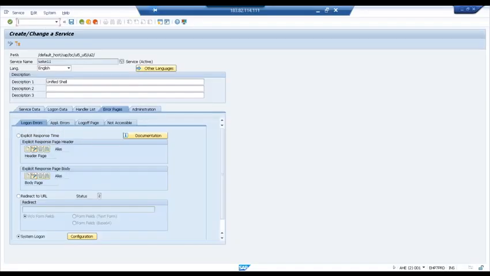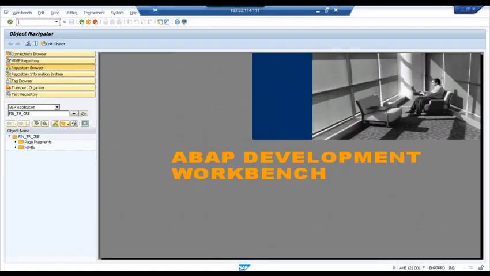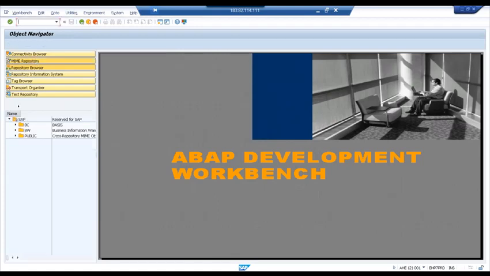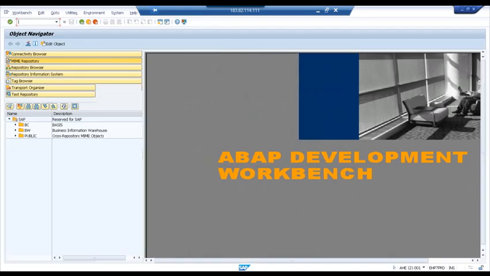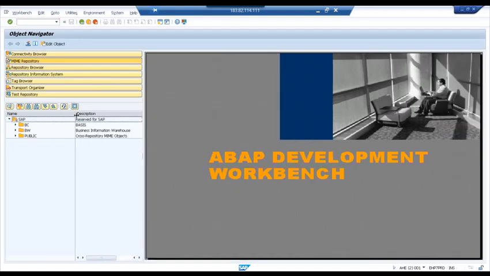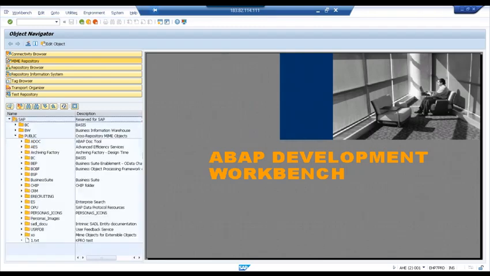So now, go to the SE80 transaction, your ABAP workbench, and there you need to get into something called the MIME repository. So come here to the MIME repository. What that class is doing is picking up a picture from here, and if you just change that picture, it's going to change the complete look and feel for Fiori Launchpad. So now just go to SAP, Public, BC,